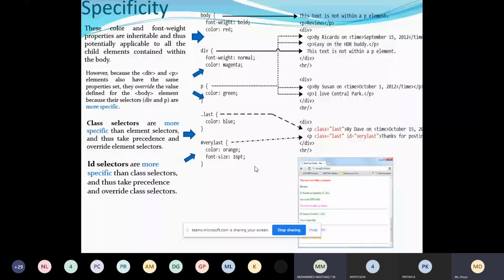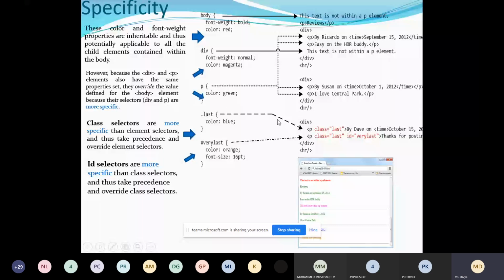This is an example which you have in the textbook. Here for body, I explained this. Now in this example, which color will be applied? We have green, blue and orange for the paragraph. Which one will be applied?